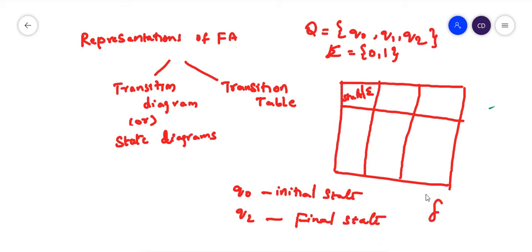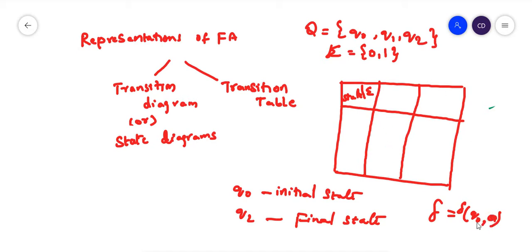Now delta is your transition function, which gives you the next state. At a current state, for taking some input symbol, where you are moving, either from that state to another state or staying at the same state, is given by your transition function, which is represented with delta. It takes the form delta of some state, suppose your initial state, then you read some input symbol. Here the input symbols are 0 and 1.